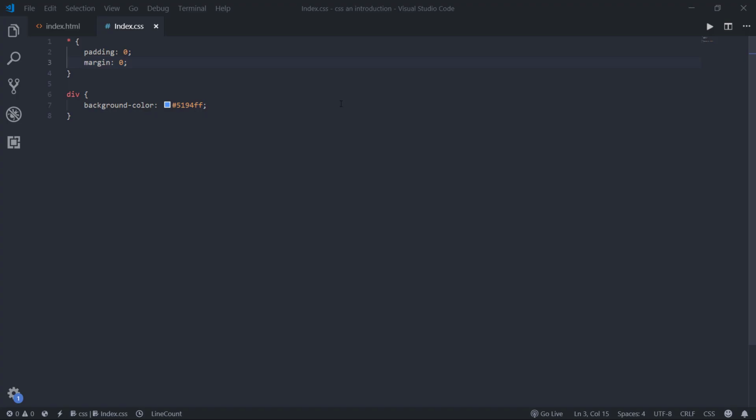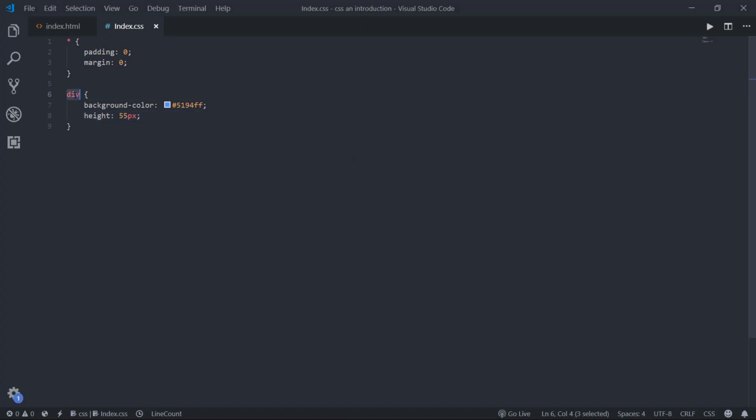So next I want the navbar to have a certain height. A height that I use for all of my navbars is a height of 55 pixels. So I will save that and refresh, and that's a good height. I'm also going to change this to a class name of navbar,